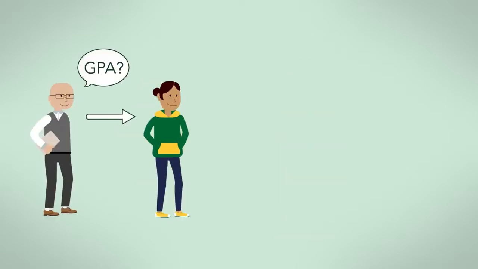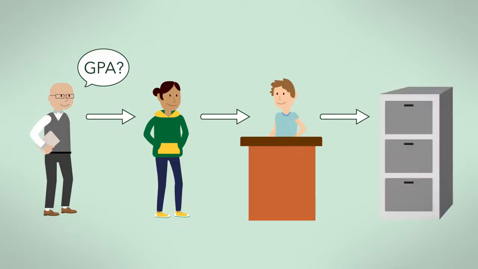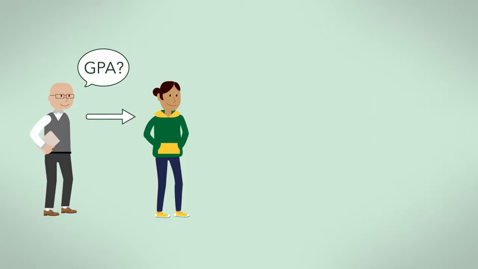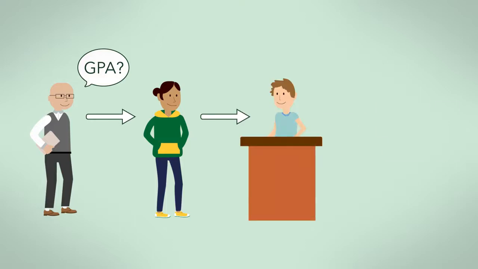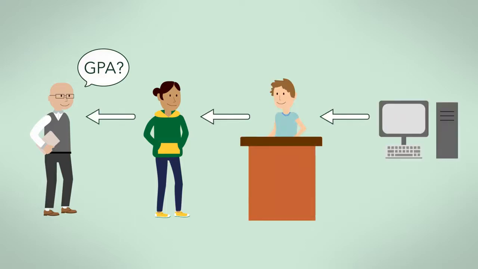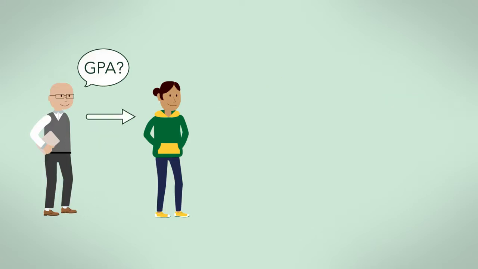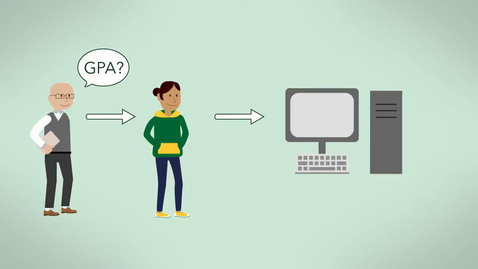A student might fill out a paper form and hand that to an administrator, who would check the paper files, write out a list of courses and grades for that student from which to calculate the GPA. Or this action may have been automated, so that the student would fill out the paper form and hand it to an administrator, who would check their computer database for the GPA. Or the student can go online and get the GPA themselves using a student information system.